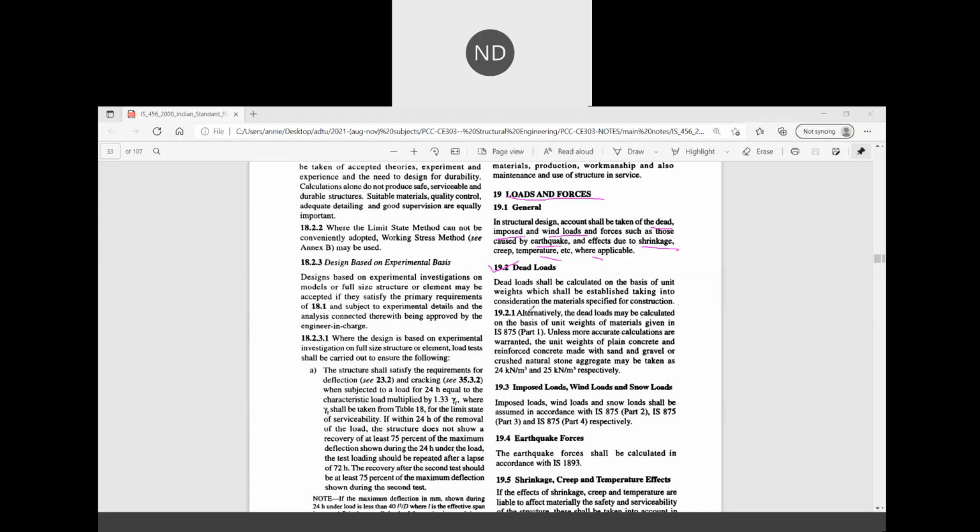When you make it, you will use materials, and using those materials you will make beams, columns and slabs. So the load coming from each member, whether it be your column, slabs,